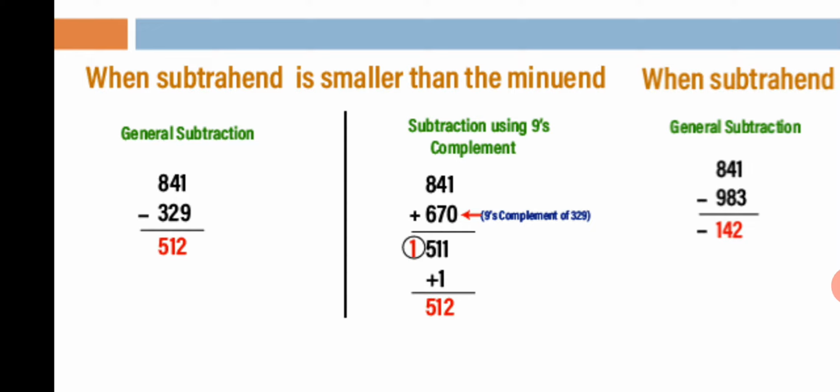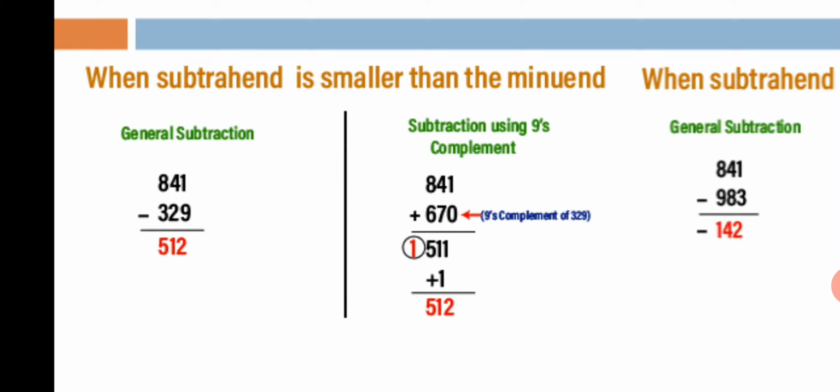Now 1 plus 0, 1. 7 plus 4, it is 11, isn't it? 7 plus 4 is 11, so 1. Now 8 plus 6, how much? 8 plus 6, 14. 14 plus 1, 15, 5 and 1. So total how much did you get? You got 1511. Actual value is 1511, but as your subtrahend and minuend are 3 digit or 3 position values,